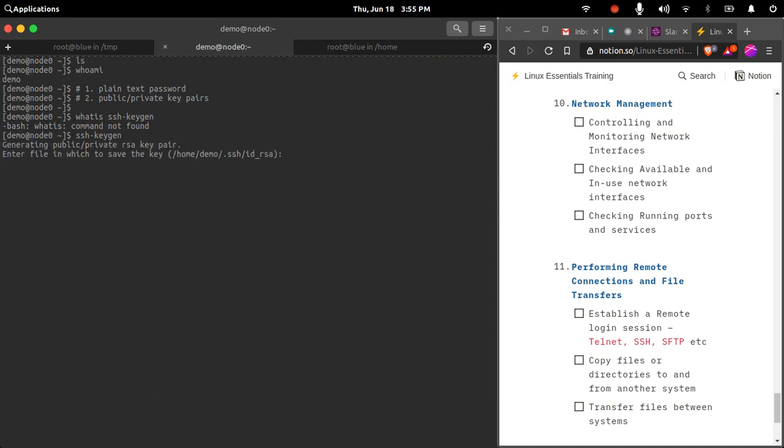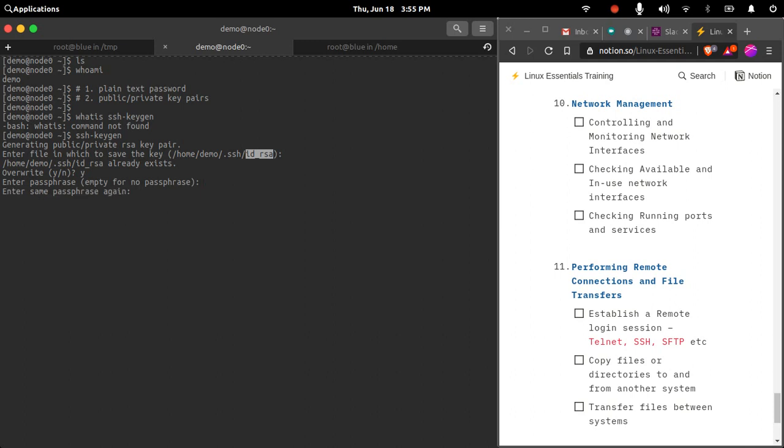What I am doing is just running it without any options. It will generate the key pair files for me. By default it will create two files, id_rsa and id_rsa.pub. .pub is the extension for the public key. Okay, here it is saying the file already exists. I want to overwrite it, so I will generate a new file here.